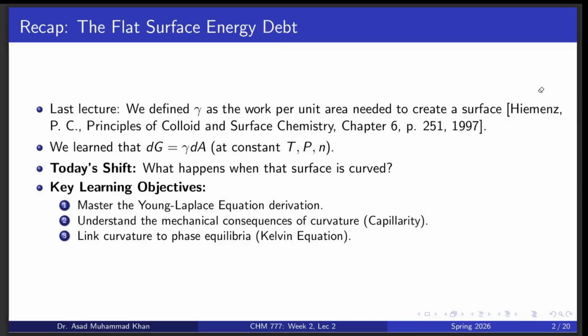So in the last lecture, we defined that the surface tension is the work per unit area needed to create a surface. And we learned that the free energy change, differential free energy change, is surface tension times differential change in area at constant temperature, pressure, and number of moles. And we also observed that this is a very normal condition. So today we are looking at what happens when that surface is curved,